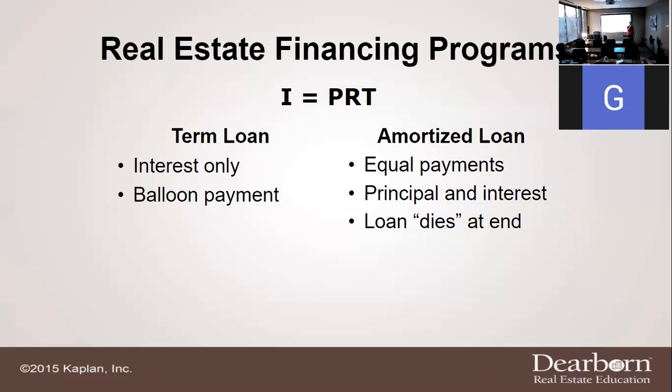What I mean by this, Mr. Eugene, is if you're in a balloon payment, you're making interest only payment, interest only payment, interest only payment, and your very last payment is your full principal. Okay? So if you borrow $200,000, your last payment is going to end up being basically your $200,000 payment. Okay? We good? Good.